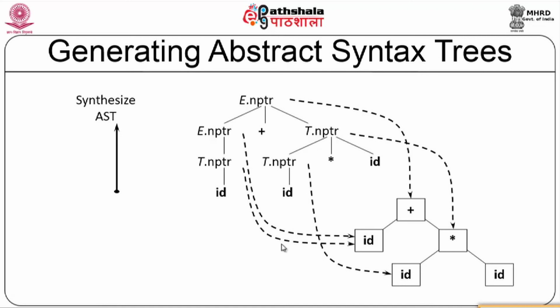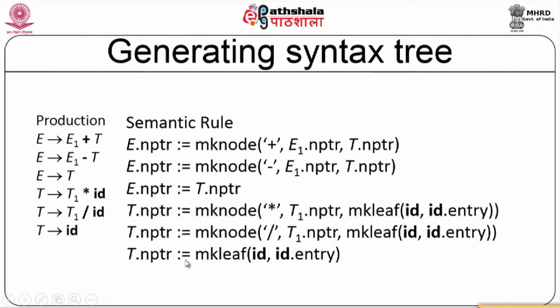So, the example here, let us consider the expression grammar E produces E plus T, T produces T star F, etc., which we have already discussed so much. In that case, the abstract tree is generated using the following semantic rules. Again, you will write semantic rules to construct an abstract syntax tree from a concrete syntax tree. So, for every production, you will write a semantic rule. Okay. So, E.nodepointer is equal to make node of, I am making a node, this is the information, this is the LHS pointer, and this is the RHS pointer. Okay. It is a binary tree basically.